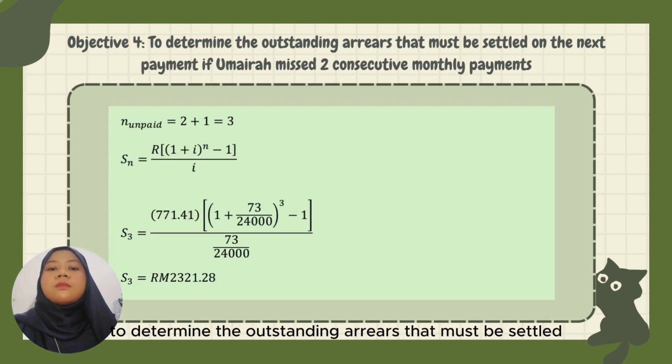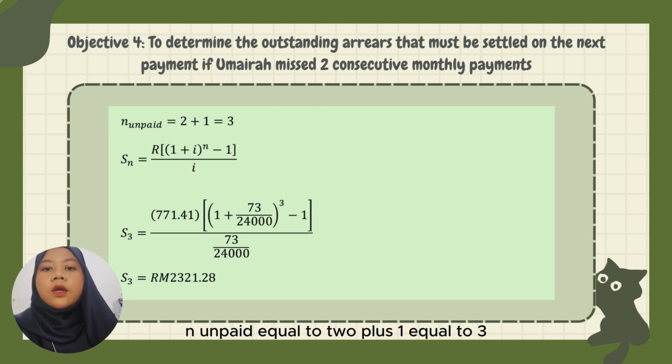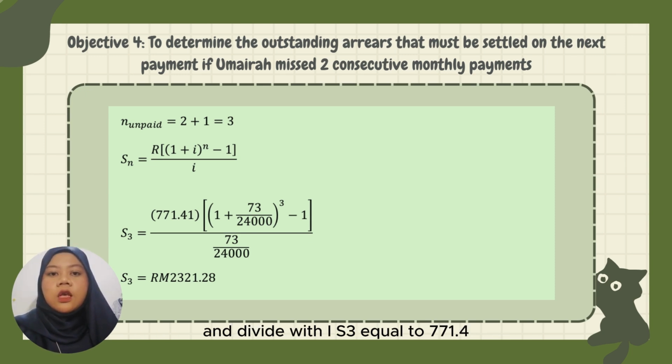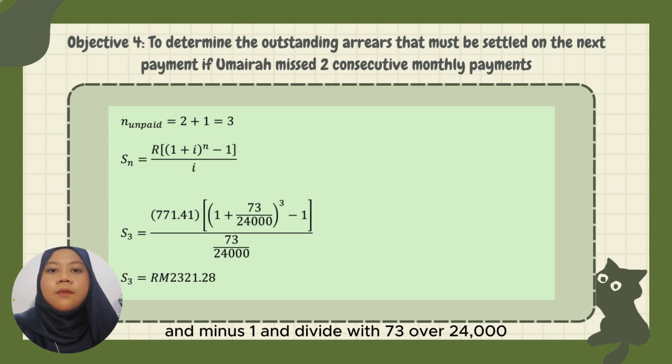Objective 4. To determine the outstanding arrears that must be settled on the next payment if Umairah missed 2 consecutive monthly payments. N unpaid equal to 2 plus 1 equal to 3. The formula is Sn equal to R multiply brackets 1 plus I to the power of N minus 1, and divide by I. S3 equal to 771.41 multiply brackets 1 plus 73 over 24,000 to the power of 3 minus 1 and divide by 73 over 24,000, and the answer of S3 is